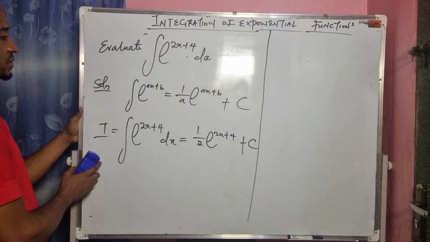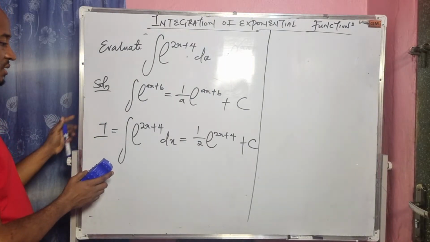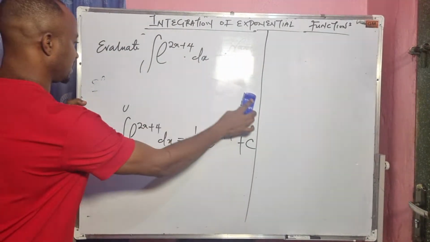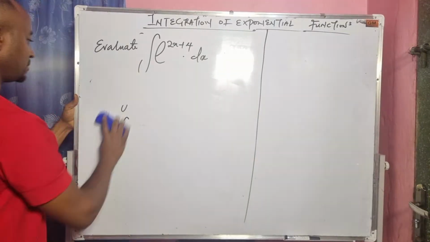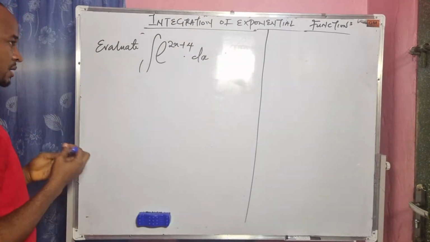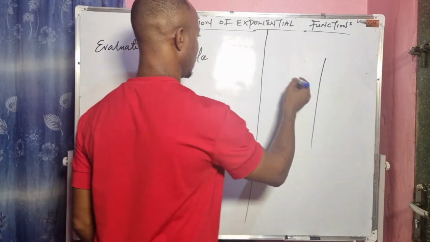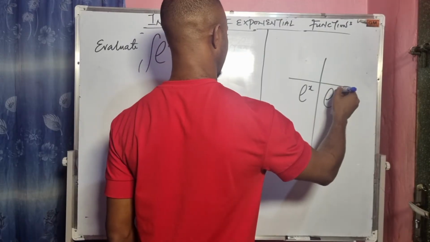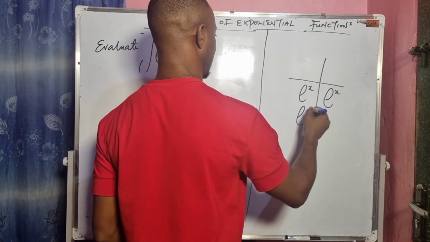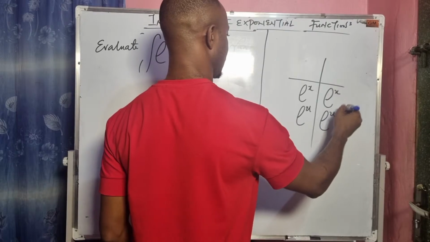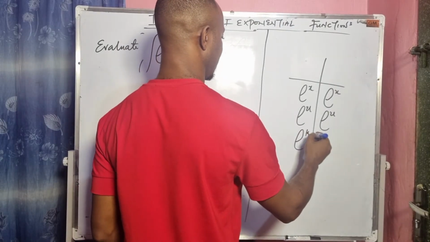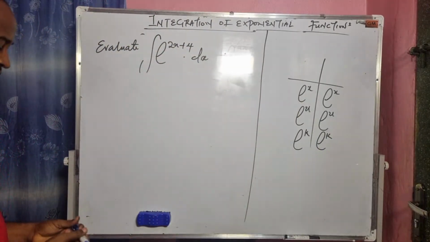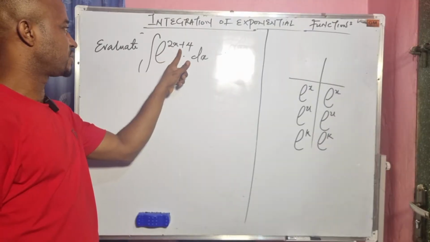Let me show us an alternative way. Don't forget we say that anytime we differentiate exponential x, the result is exponential x. If we differentiate exponential u, it's still exponential u. If I differentiate exponential k, it's still exponential k, right? So what we do here is that I will look for a means to express 2x plus 4